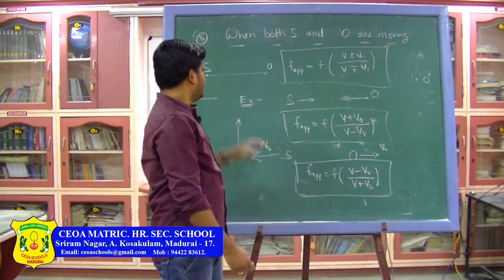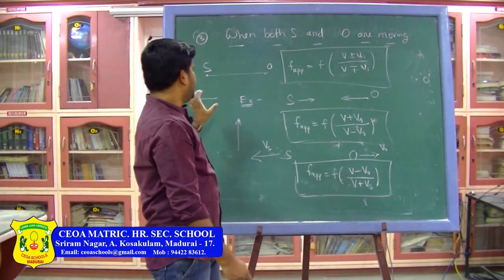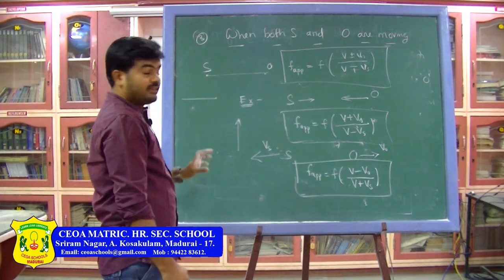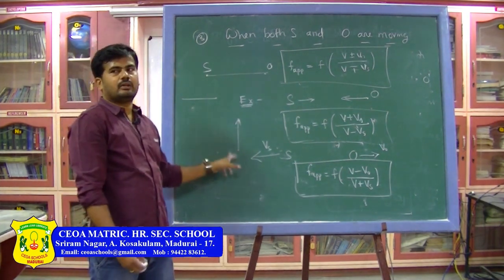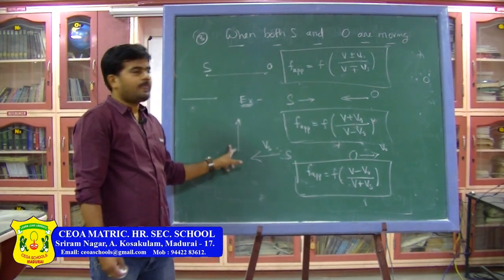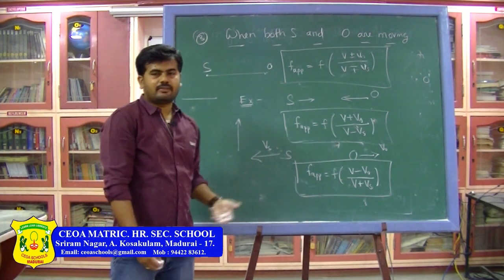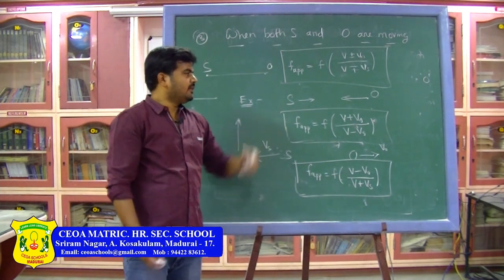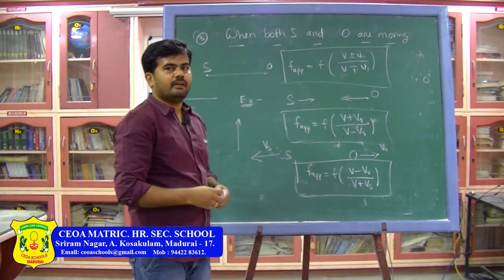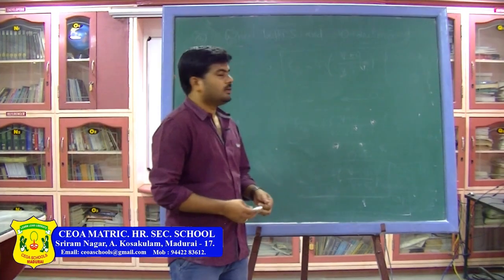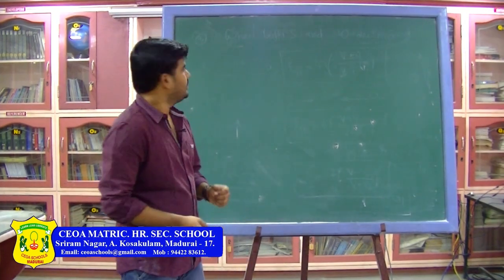It means in the next class I am going to discuss finding the apparent frequency when the source and observer are not moving along the same line, and the other cases of the Doppler effect. So, the source moving in a circle and the observer moving in a circle, how to find the apparent frequency. The next case of Doppler effect is when